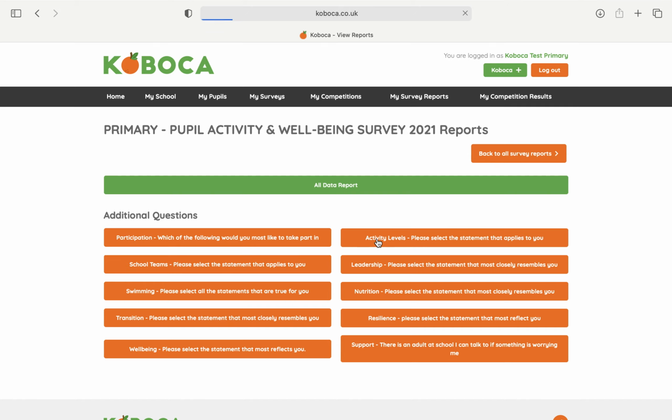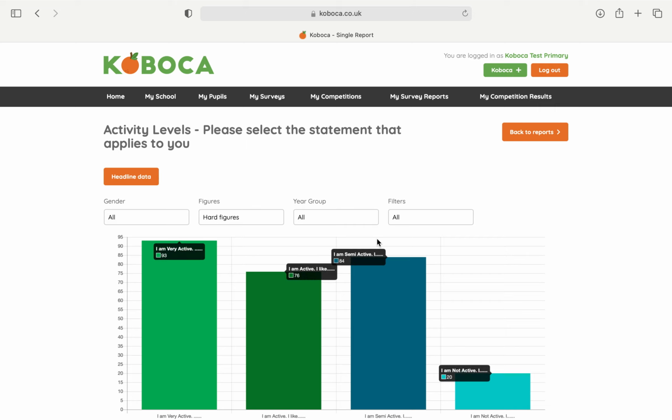The last thing to mention is if you repeat the survey, so if you do this every year, you will also get a compare button on the top here that you can compare the graphs from previous surveys to the one that you've currently run. So you can compare the improvements that you have from 2021 to